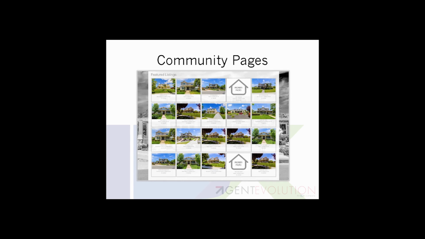Finally, if I scroll down even farther, I'm going to see the final component. This is the eye candy. People are searching for homes. They want to see homes. We're bringing in a showcase widget that I built in IDX Broker's middleware for this community. Now, what does a featured listing mean? That's going to be really up to you. Maybe in this community 1, you tend to sell homes that are 3 or more bedrooms, 2.5 or more baths, between 400 and 500,000. So you create that search